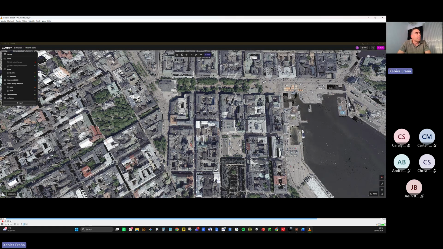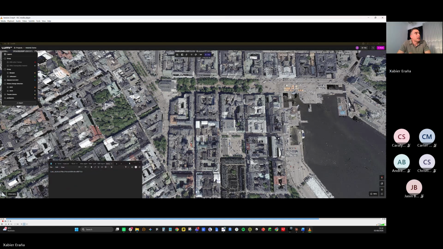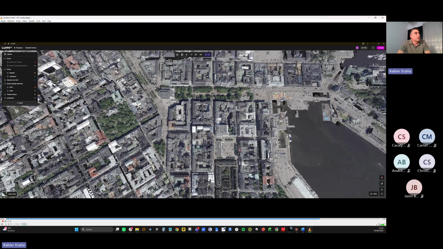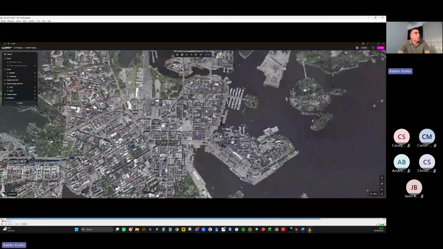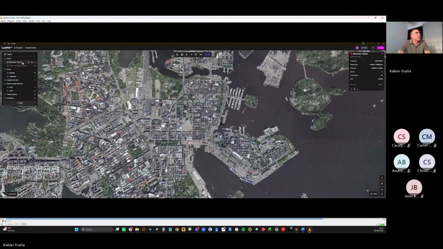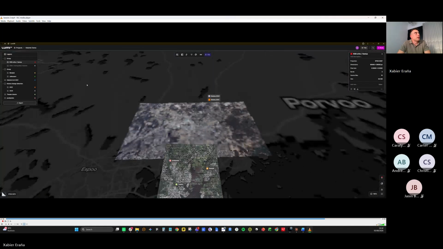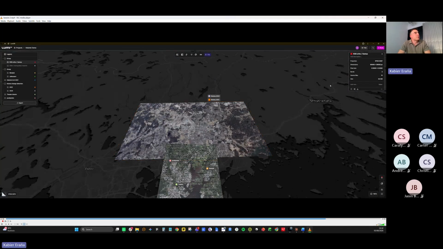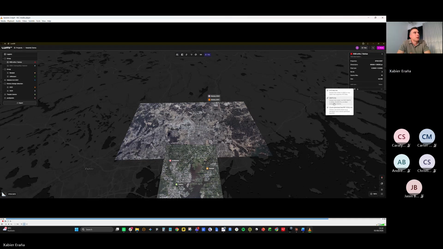And the same can be done as well with rasters. And the next thing I'll do is to export this raster, the one we have, an orthophoto that you see now on display. I will export it the same way, but this time into QGIS. So again, I get a link.